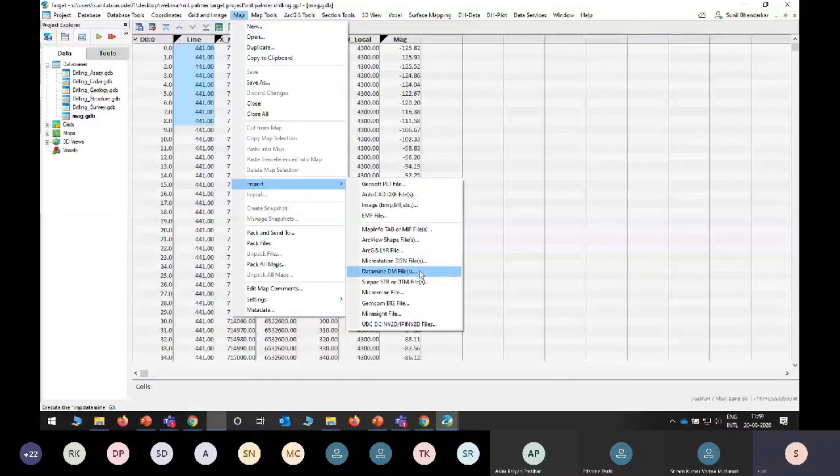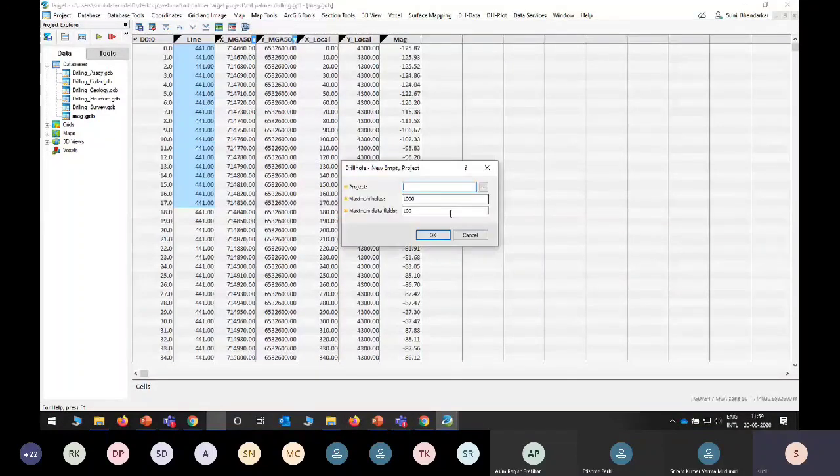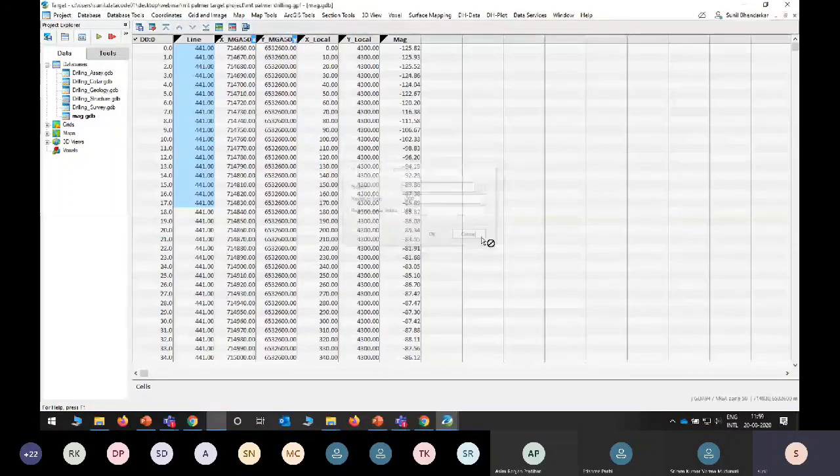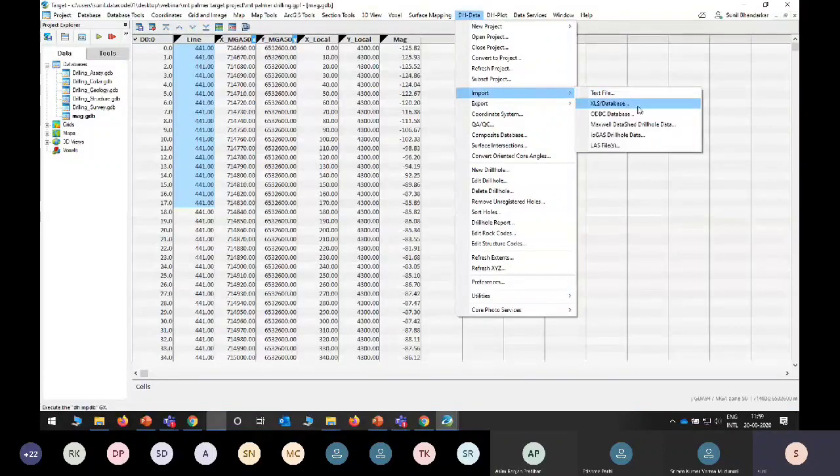Now we will move toward the drill hole data. For drill hole data, we need to create a new empty project. For that, we need to provide a name. After providing the name, it will again open a blank window like we see in the database. Then after that, you need to go and select a database basically. So within one Excel sheet, if you have geological data, color data, survey data, assay data, structural data of the drill hole, of all boreholes data, you can easily import it here at once.